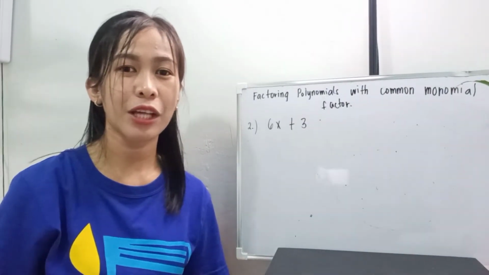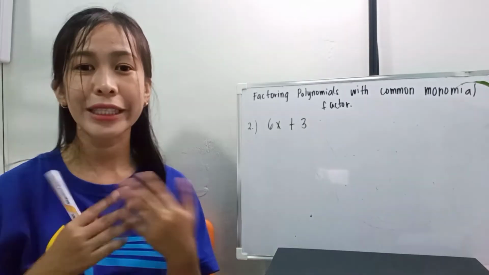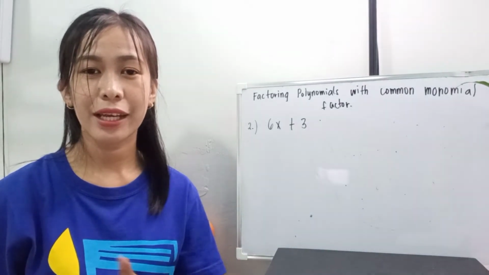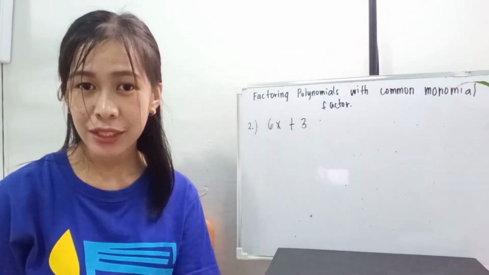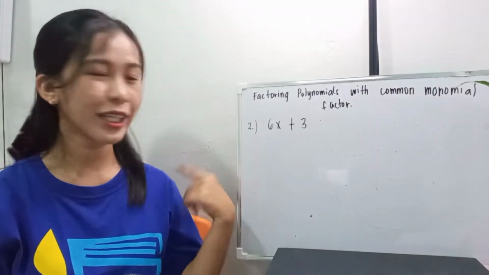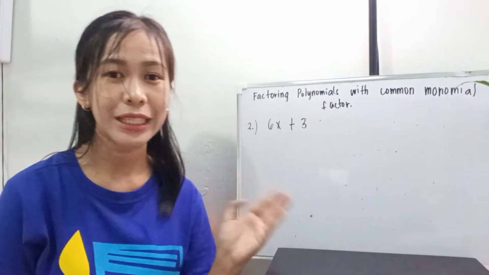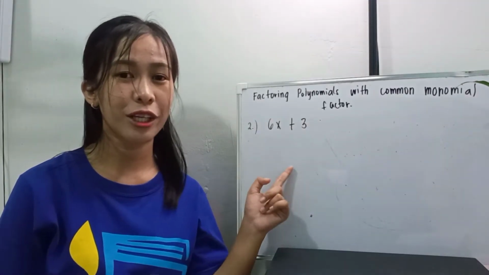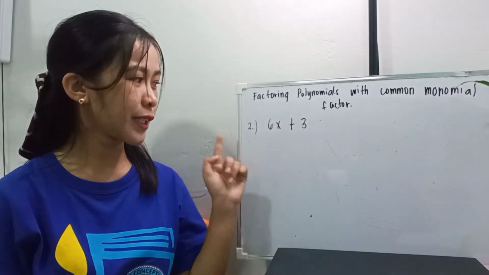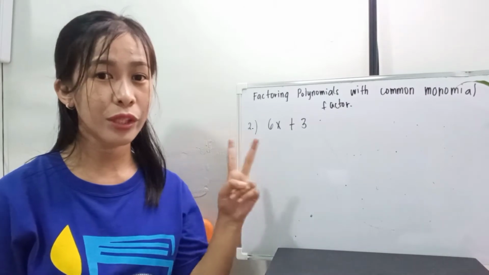Okay, so take a look at our next example. We have 6x plus 3. So, yung kanina, na example natin is, diniscuss ko yung pinaka-detailed. Okay, pero ngayon, hindi na tayo sa pinaka-detailed. Okay na to, dapat alam nyo na yung steps na naturo ko kanina para mas masugutan na natin to ng mas mabilis. Okay? So, we have 6x plus 3 and we have, of course, 2 terms